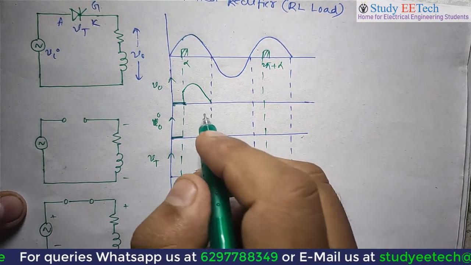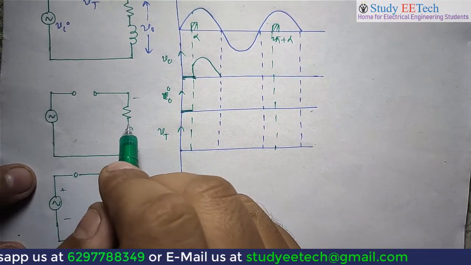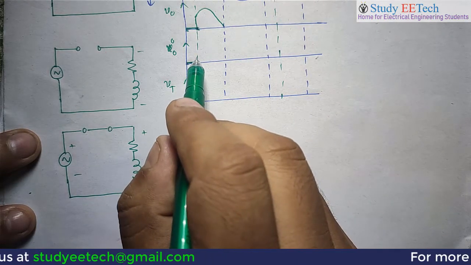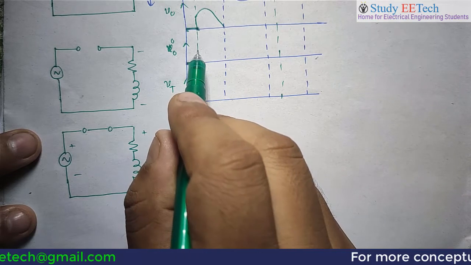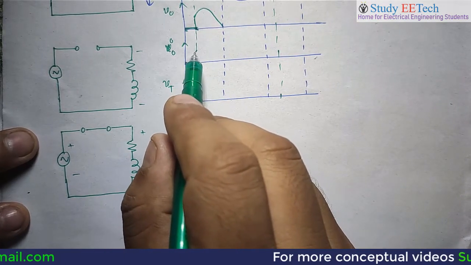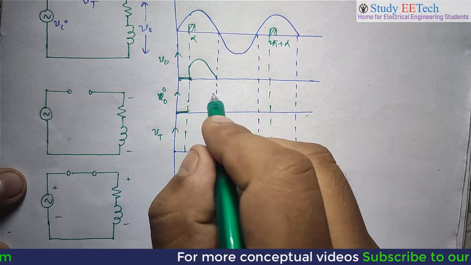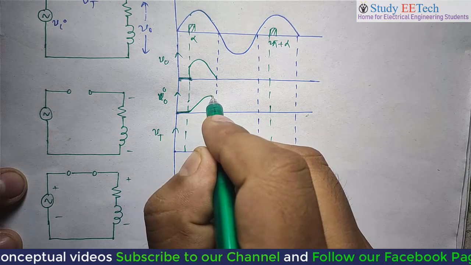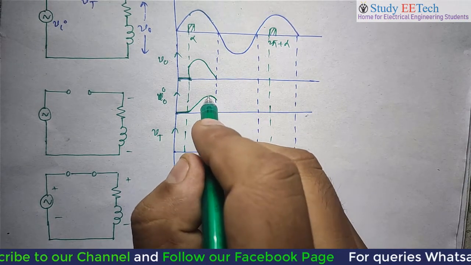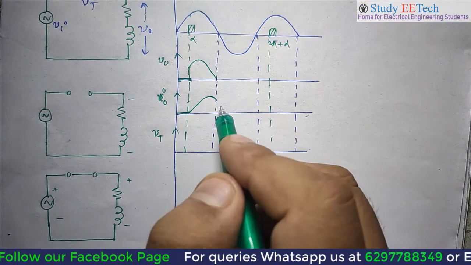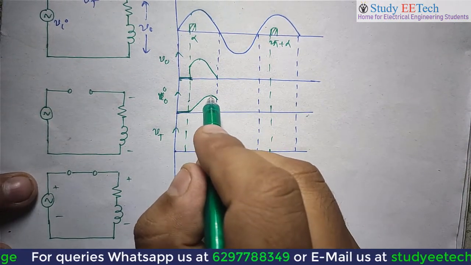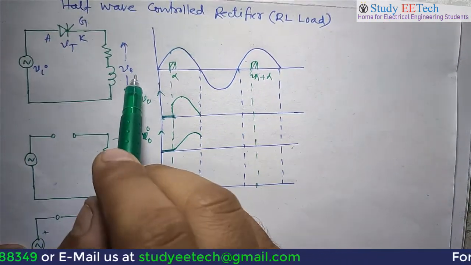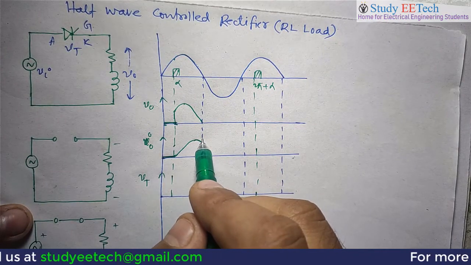Now what will be the current? That is the interesting thing. Because of the inductance, when at the alpha point the switch is suddenly closed, the current cannot instantaneously jump to the value it had earlier in the case of resistance. Now the current will gradually increase, then it will decrease, and it will reach the max value somewhere between pi by 2 and pi. In case of resistance and inductance, the maximum value cannot be at pi.